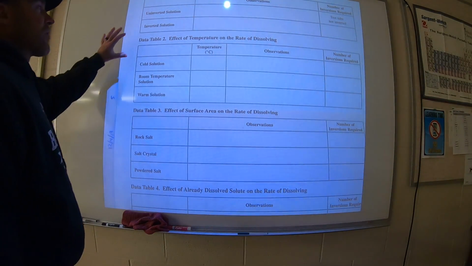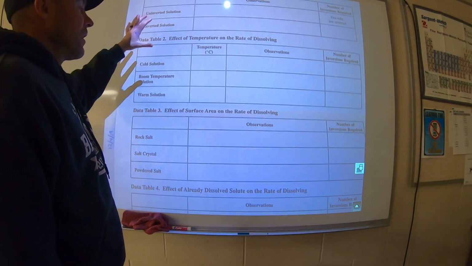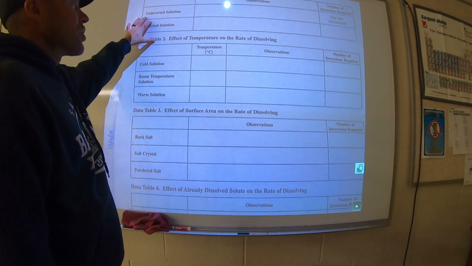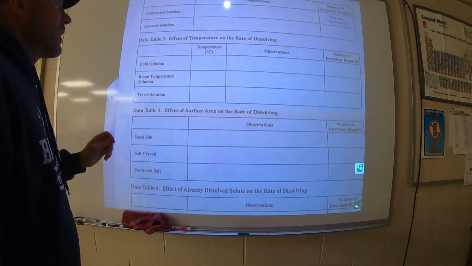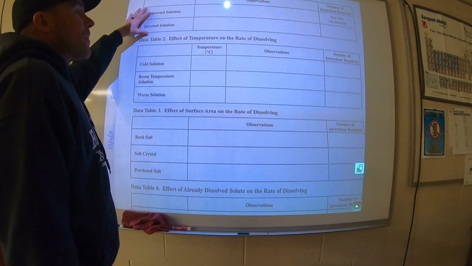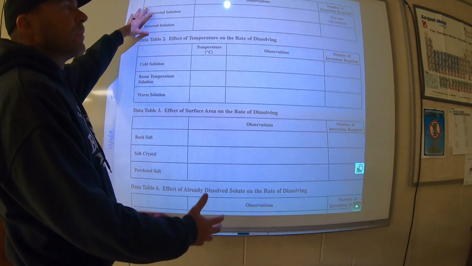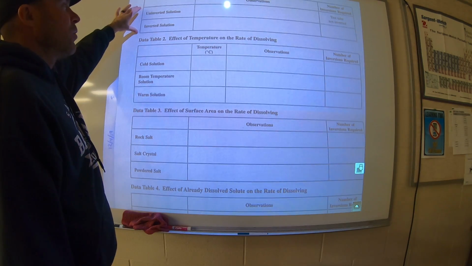Let's discuss the factors affecting solubility. Okay, before we get to the questions, I want to talk about each of these four situations we had with inverting the tubes. We're going to try to compare some of these to seats in a movie theater, and see if we can explain why